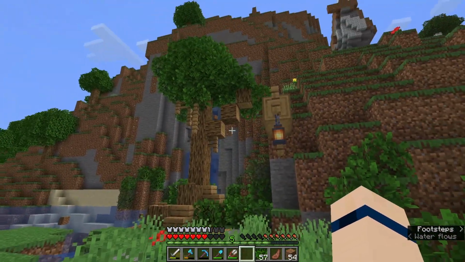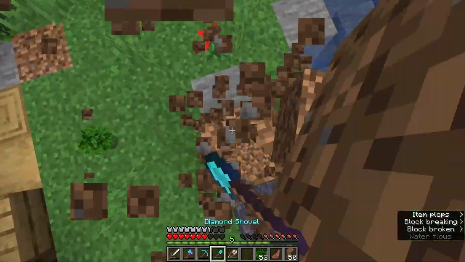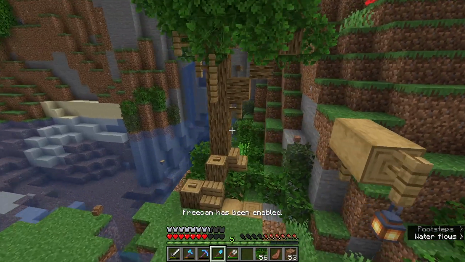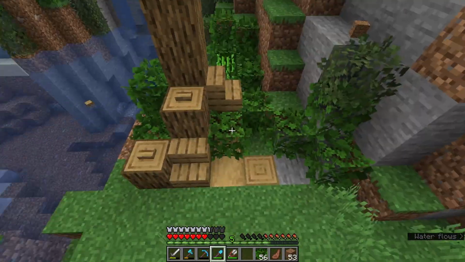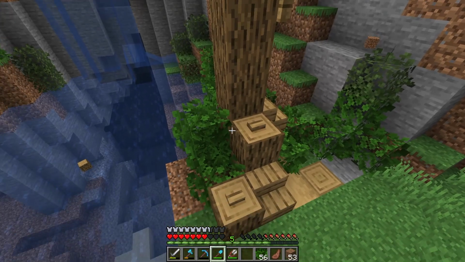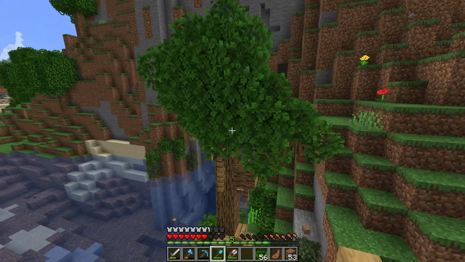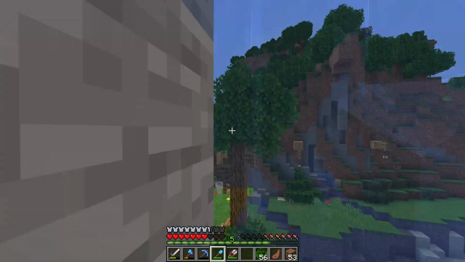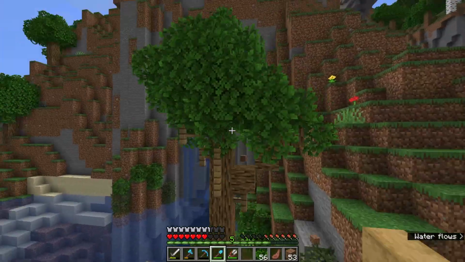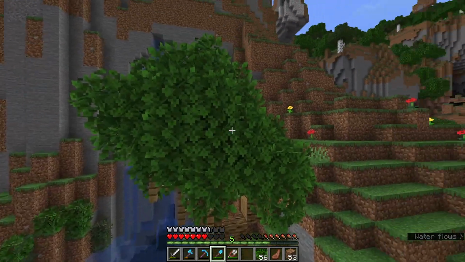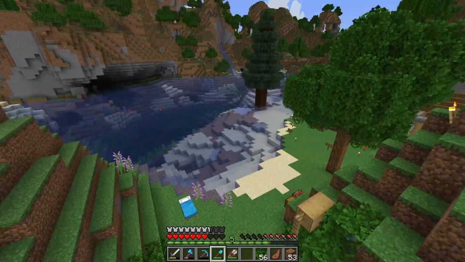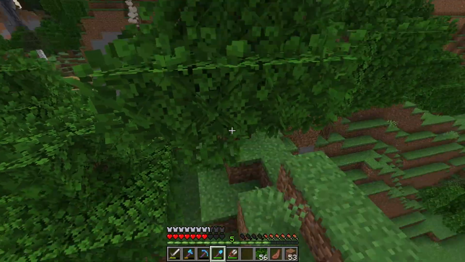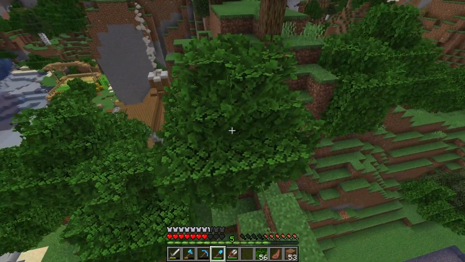Here we go, there's a custom tree. Pretty much what I did as far as making this tree goes, I just did a standard small base and then a very small trunk going up, as well as just random placement of leaves, really. So this is the front and this is the back. What I did is I just started towards the middle of the tree, which was the base right here. It's kind of like how with Minecraft trees, they have the post going up, and then they have